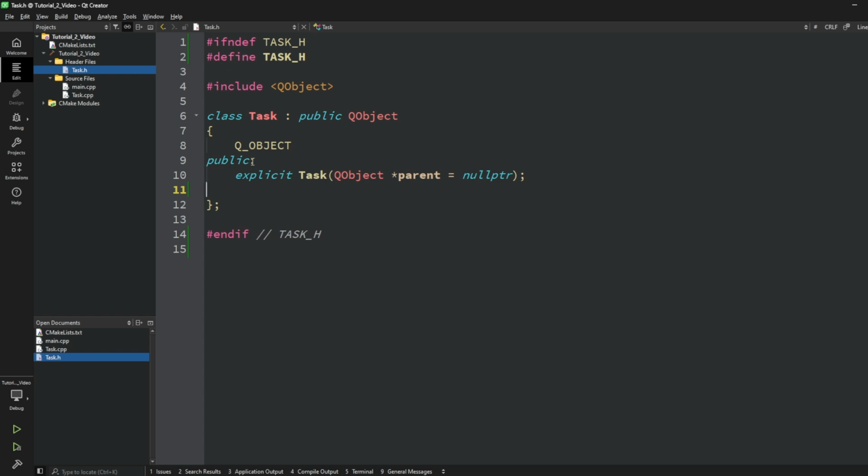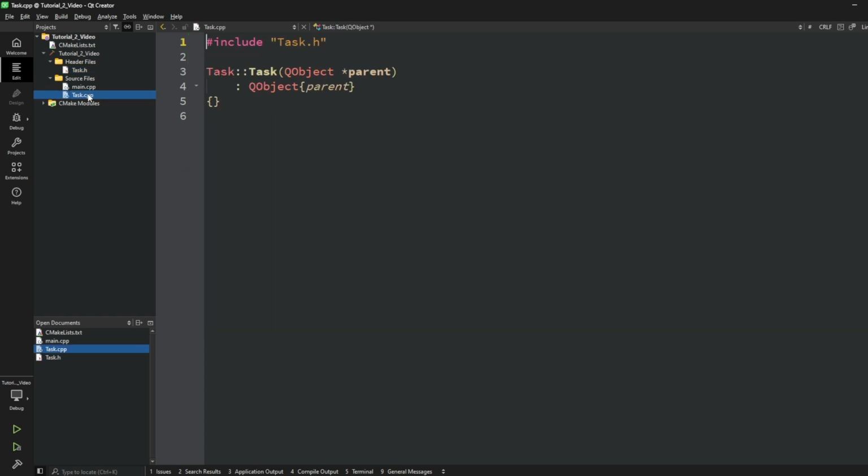After the macro, you see the constructor with an optional parameter, because you have a default value, called parent. I previously mentioned that objects organize themselves in object trees, and this is actually it. We have parent, and if you go to the source file, you see it just passes it to the QObject